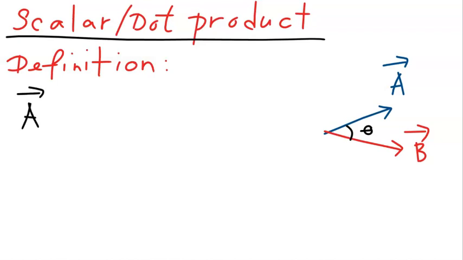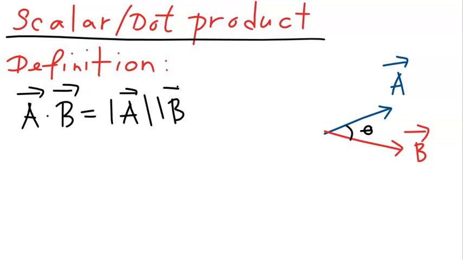So A dot B equals the magnitude of vector A times the magnitude of vector B times cosine of the angle between the two